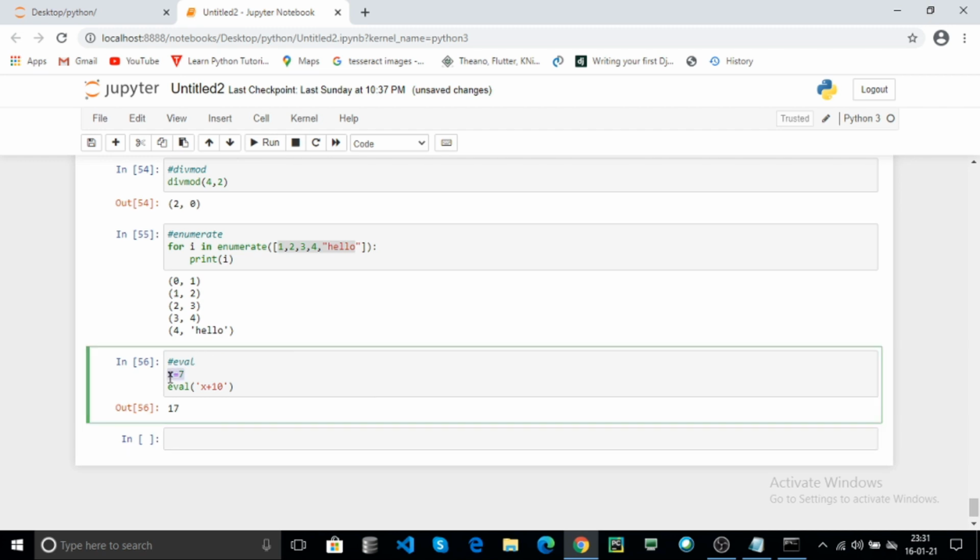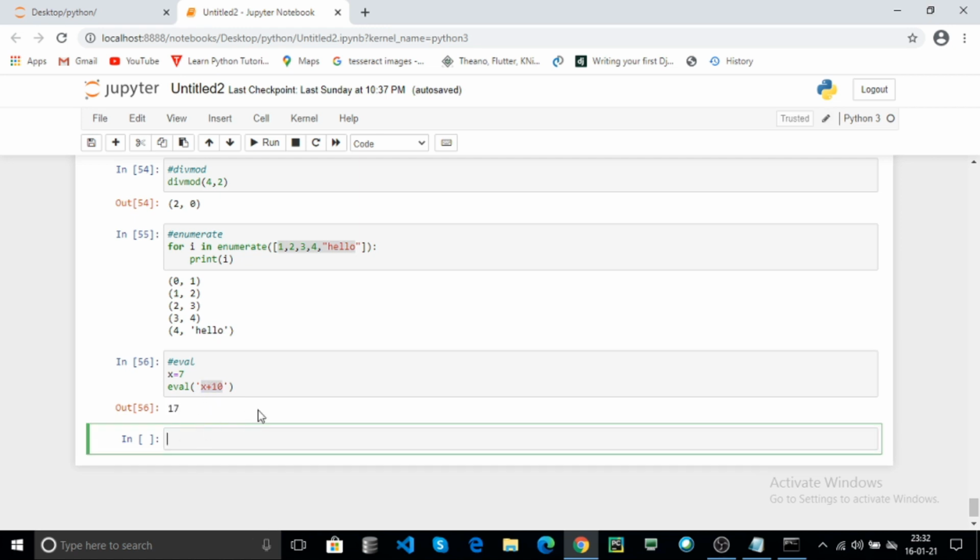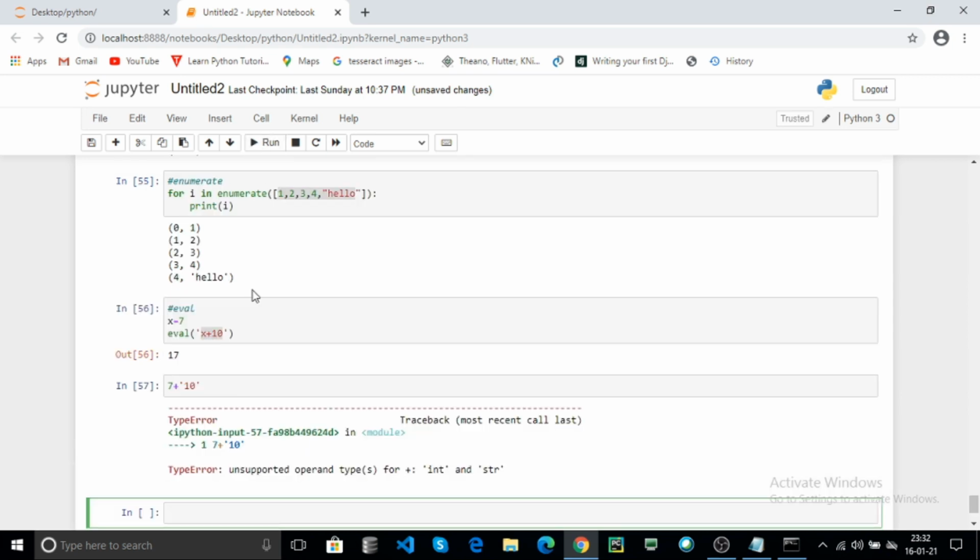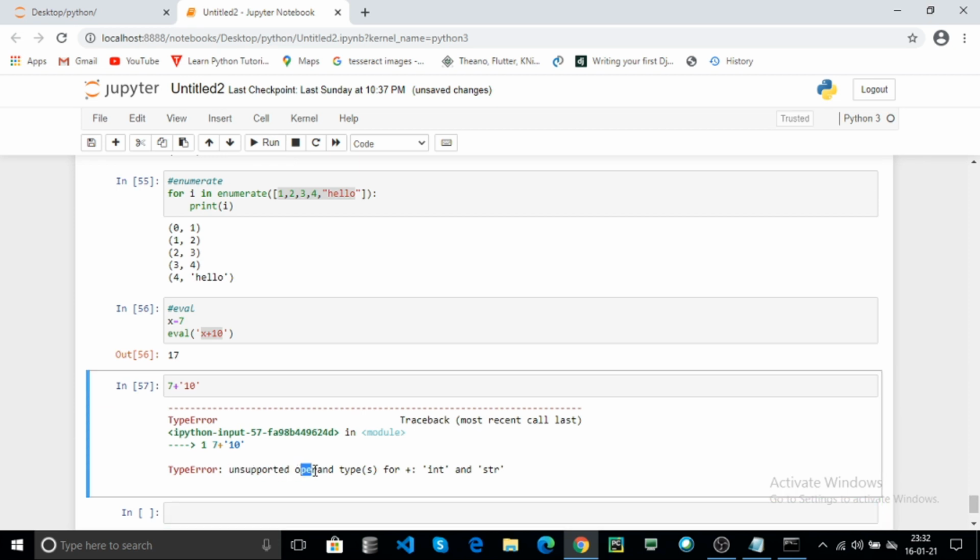Before, x contains 7, after adding 10, it evaluates the 7 plus 10. It evaluates the string expression. Without evaluation, if you want to add, x is an integer value and 10 is a string value, click on run. Here it returns an error like unsupported operand types, that is integer and string.